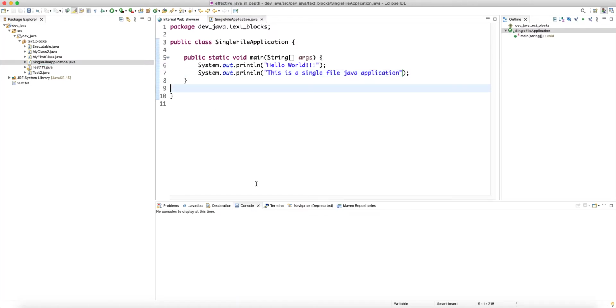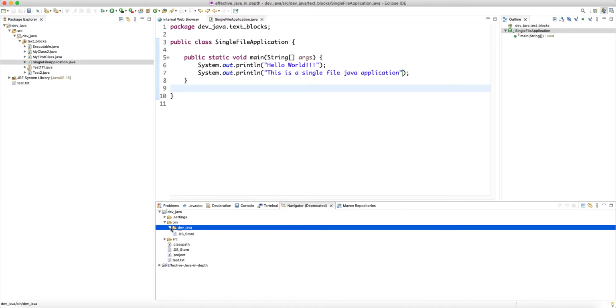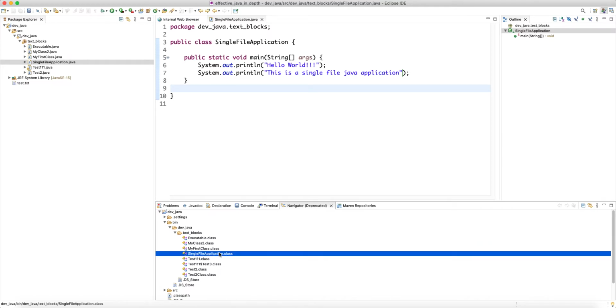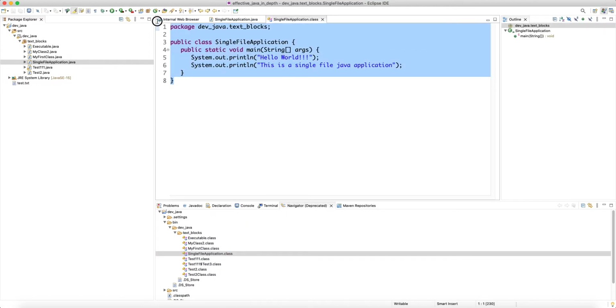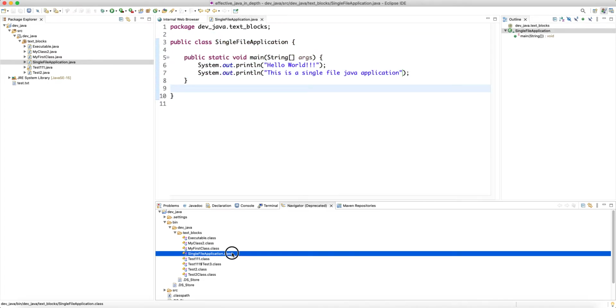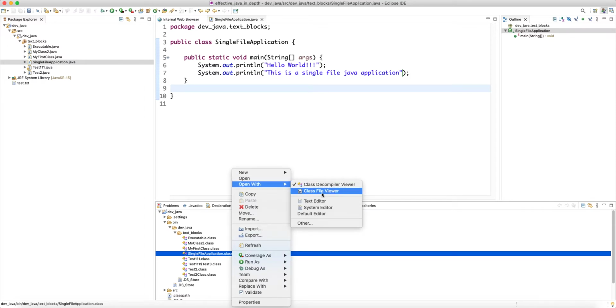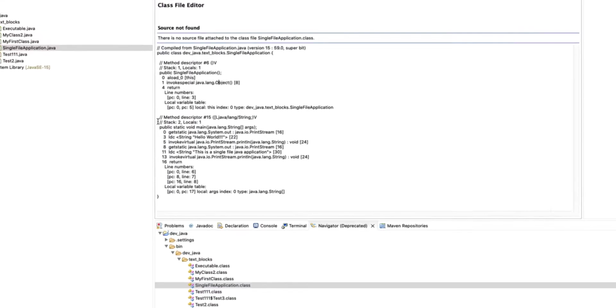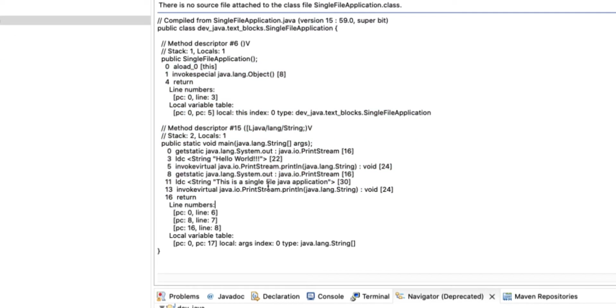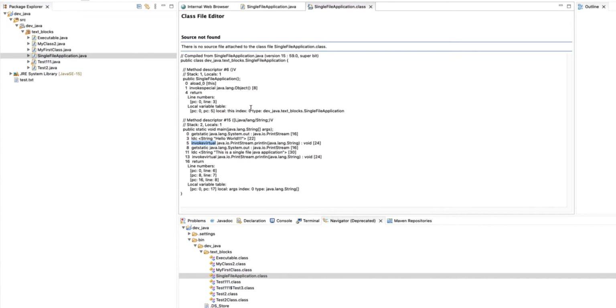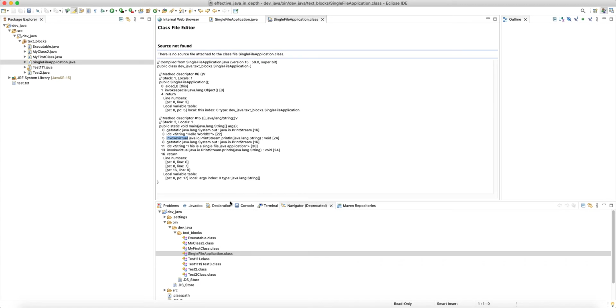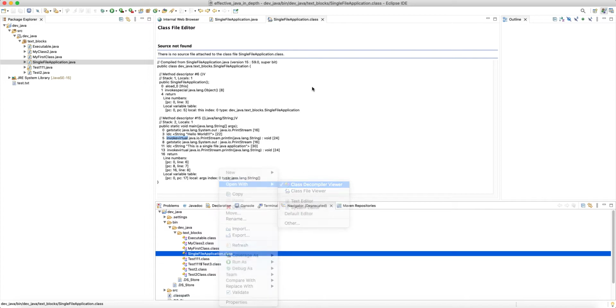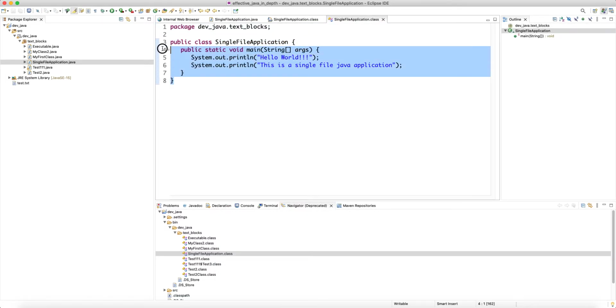We know that Eclipse automatically compiles everything, and Eclipse compilation is very fast. If I look at my bin folder, as you can see, the SingleFileApplication class is already there, right? And I'm using a class decompiler to see what happens. We can also open this with the class file viewer to actually see the bytecodes, what the instructions are, right? Getstatic, invokevirtual, etc. Or you can install a decompiler plugin for your Eclipse and then decompile it, to see basically how the class file actually translates back into a